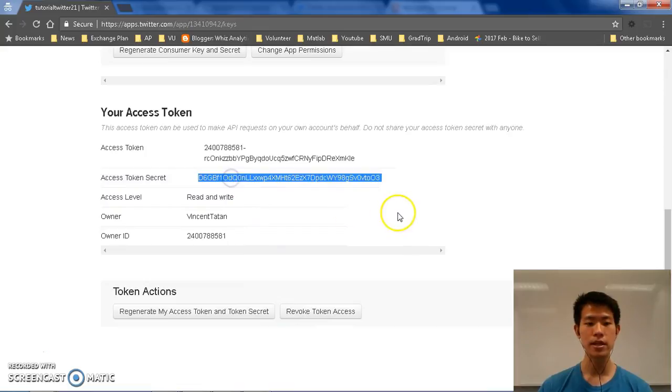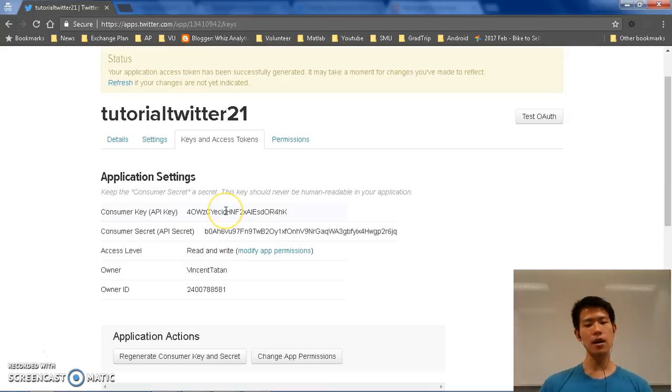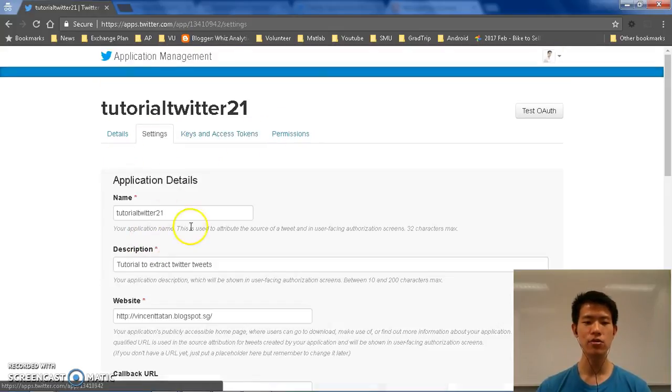And this is what you can get, and the access token here, access token secret. So make sure that you do not share this with anyone, because this is very important to your Twitter accounts. If not, then people can start tweeting by using this customer key. So make sure you don't tell it to other people. For me, after this tutorial lesson, I'm going to regenerate a new one for myself, so no one can misuse this secret key. Okay, but just keep note of it, and you can try to take a look around the